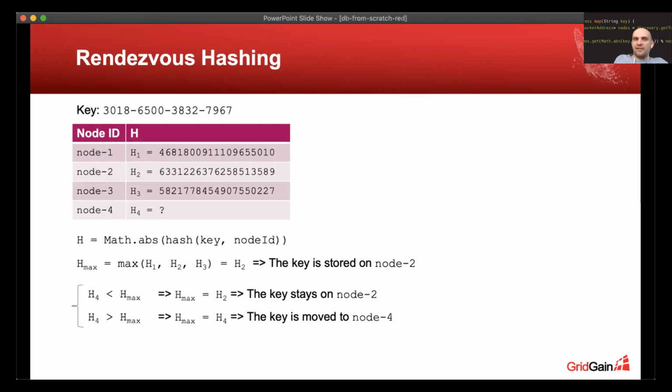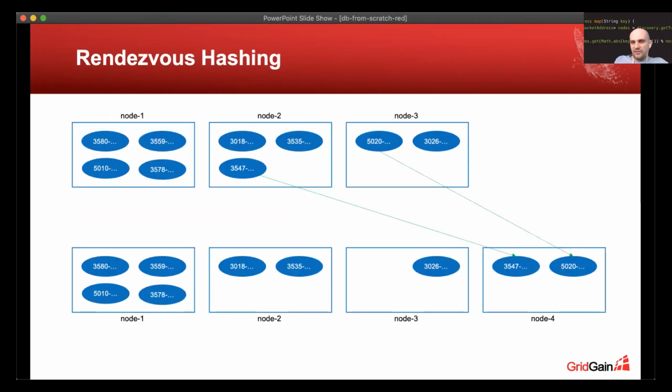So the algorithm itself guarantees that we don't have those redundant data movements within the nodes that currently exist in topology. And we get a picture like this, right? So we only have keys or partitions moved to the new node, node number 4, but there is no reshuffle happening within the existing nodes. You can notice that the data distribution is not that perfect, right? We can have 4 keys on the first node, for example, and only 1 key on the third node,